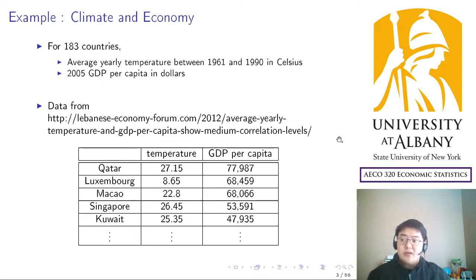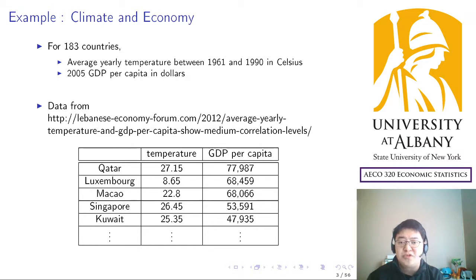Okay, let me start with an example. It's about climate and economy. This is real data. In the data, we have 183 countries, which is almost all countries except for a few. I don't know why some were dropped, maybe because there is no climate data. Anyhow,